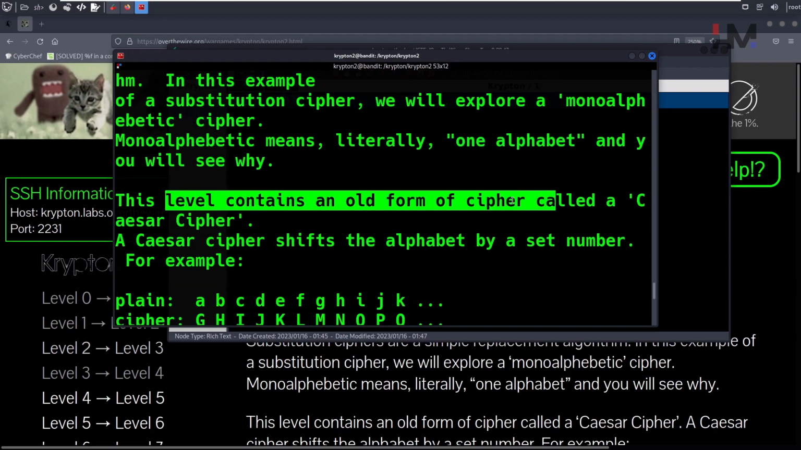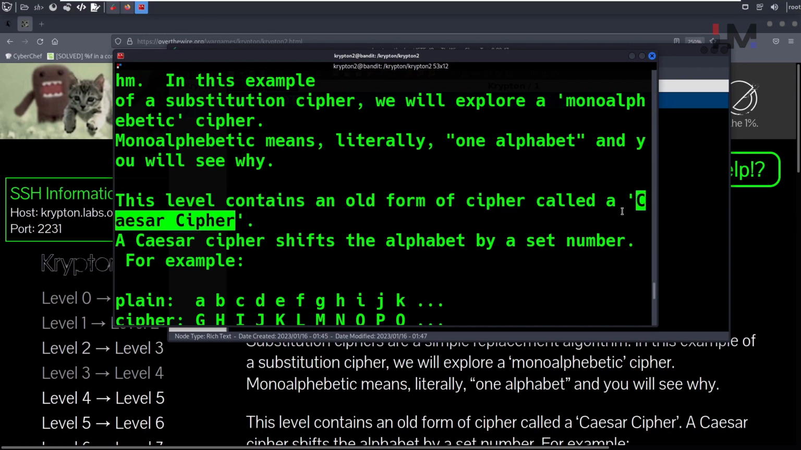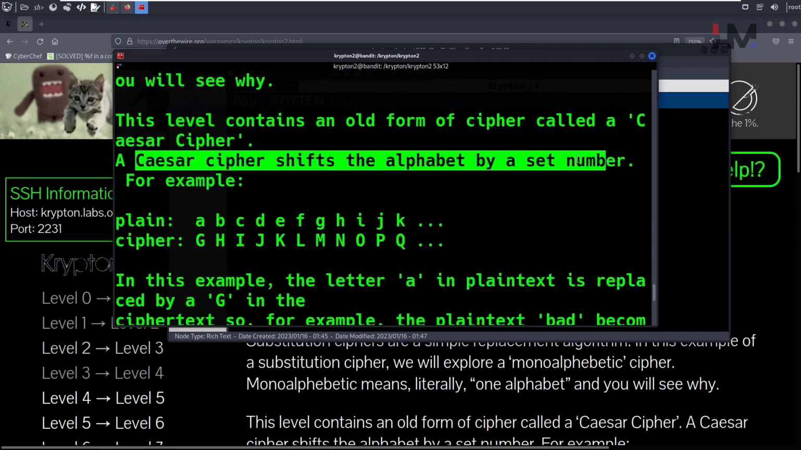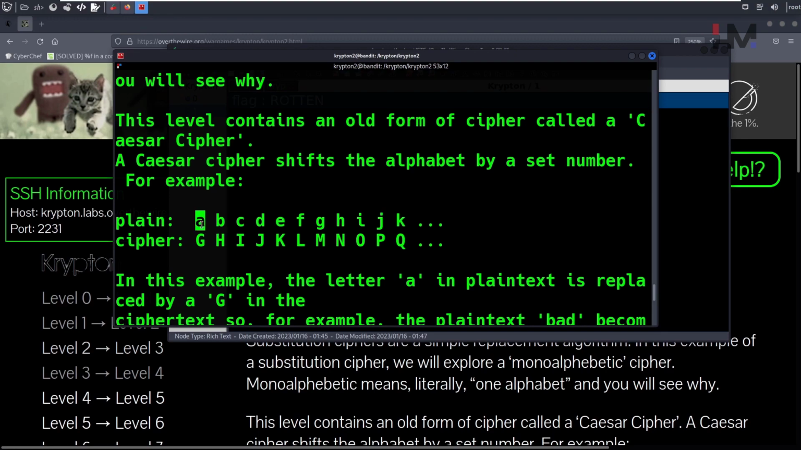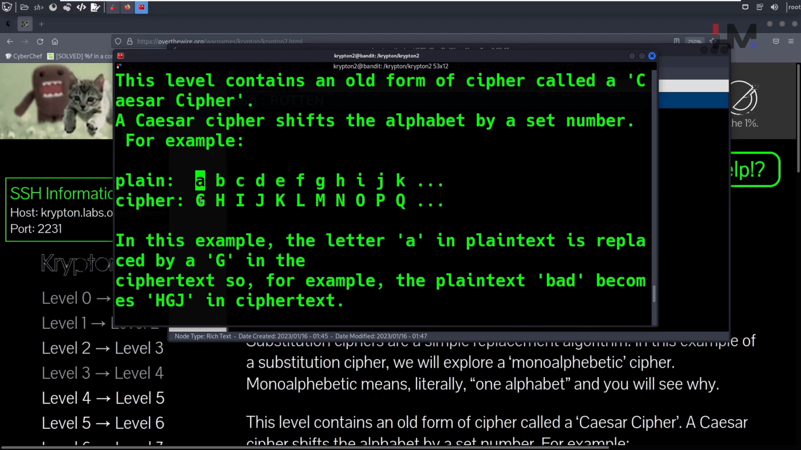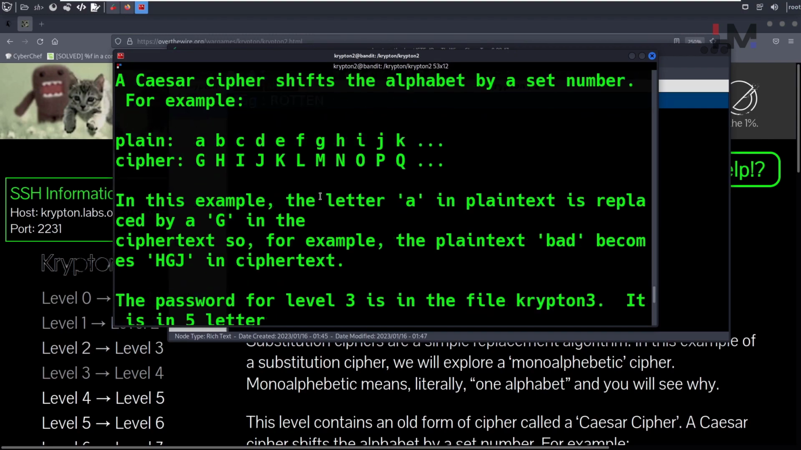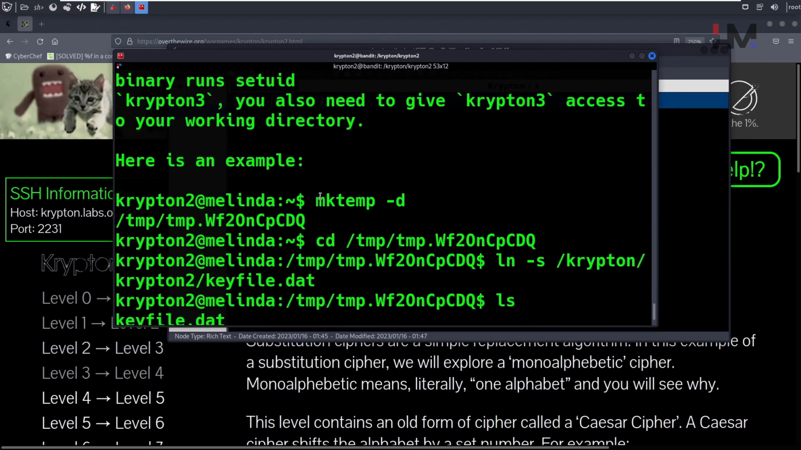This level contains an old form of cipher called Caesar cipher. Okay, so they have given that this is a Caesar cipher. In this Caesar cipher, it shifts the alphabet by a set number. So here A refers to G and B refers to H. These are shifted by a set number. Okay, this number is already decided, and all the alphabets will shift accordingly. So that is Caesar cipher. With that knowledge, we will try to decipher our code, and then we will see how this CTF wants us